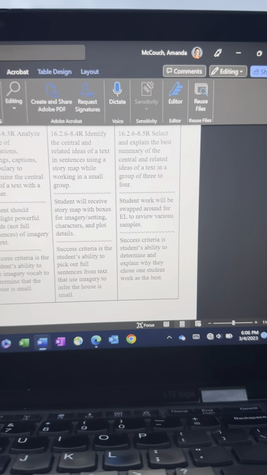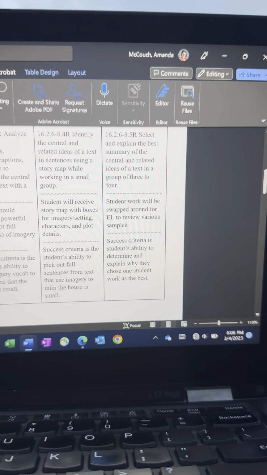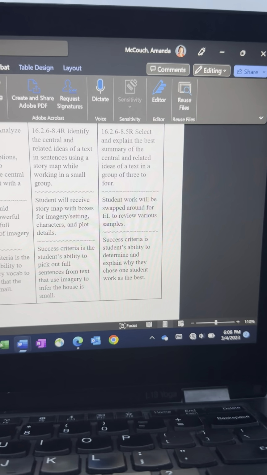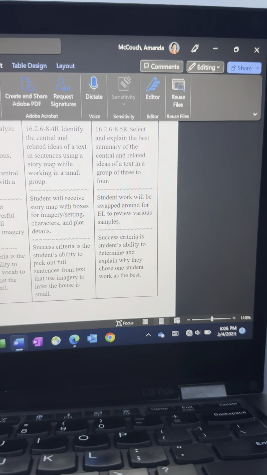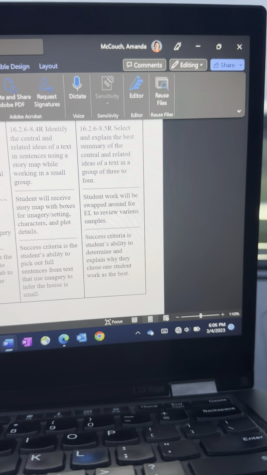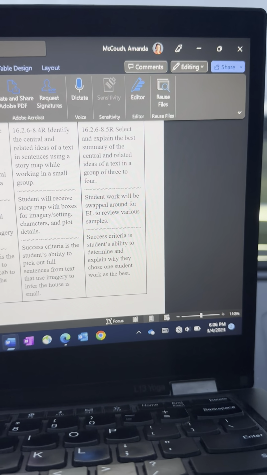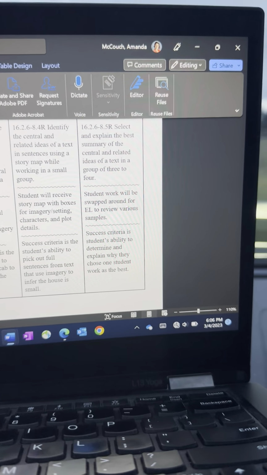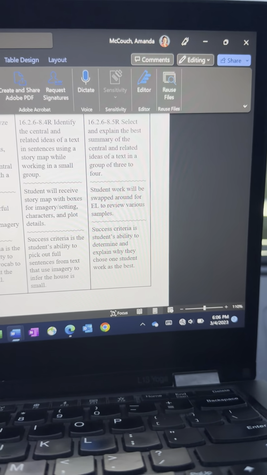Now we're in a small group, and I imagine we'd stay in that small group. Now student work is just getting passed around. In general, we would just move student work around. And then the English learner, along with their peers, can review all the different samples and, at this point, can have a discussion